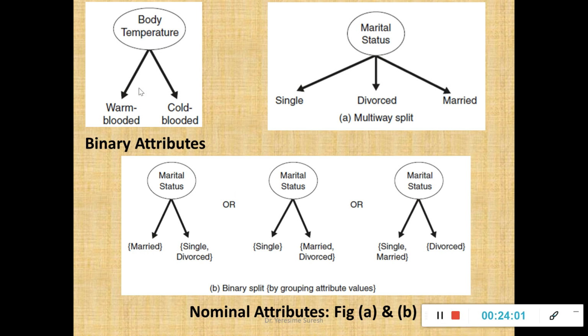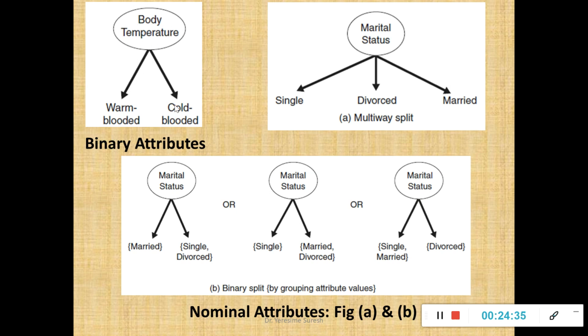In this slide you can look at, we have 3 different diagrams. The very first one is the binary attribute, wherein I take the attribute as body temperature. All these diagrams have been represented with respect to various data sets. Say for example, body temperature. In the very first video lecture of your module 4 classification, we took a data set with respect to vertebrate classification. One of the attributes was body temperature, and it took the values warm blooded or cold blooded, or I can take temperature on a given day.